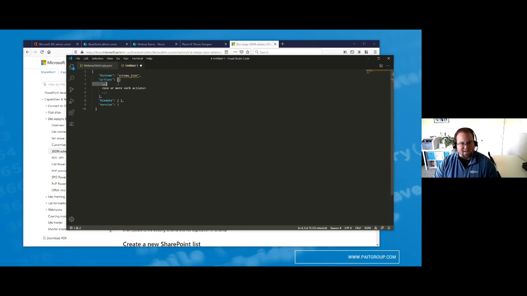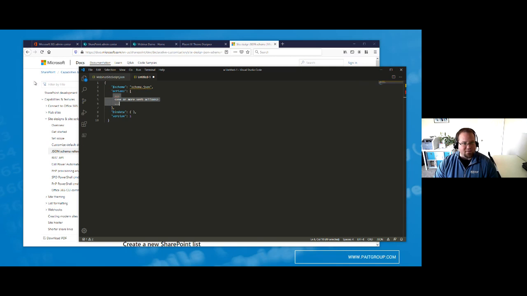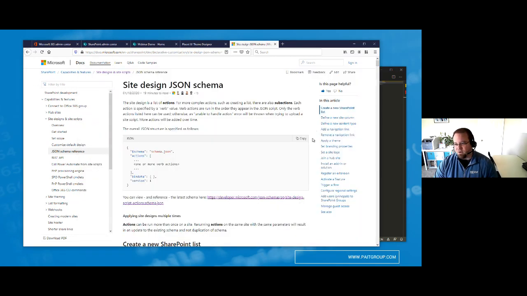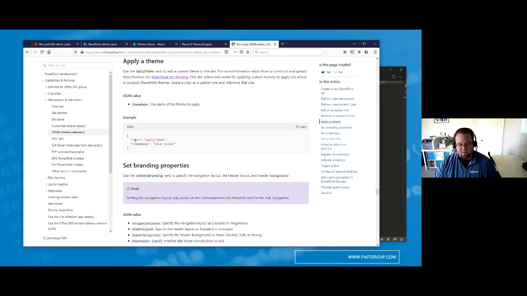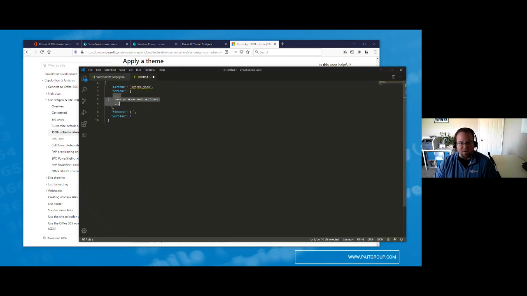So here is my action block right here. And so in between these two ellipses and the line in between them, so basically lines 4, 5, and 6, this is where all my actions are going to go. So let's see here. I'm going to go ahead and grab the code for applying a theme. So here's an example code block that you can kind of start from. So let's just go ahead and copy that, switch to Visual Studio Code, and I'm going to actually replace lines 4, 5, and 6